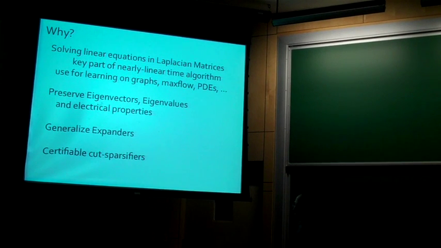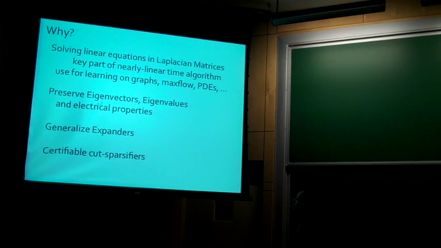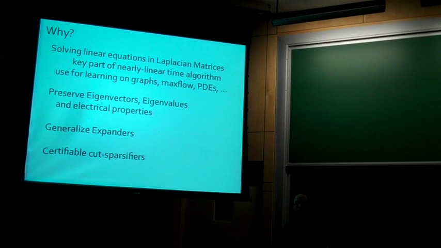And why were we doing that? Well, Laplacian matrices are just everywhere. They show up if you're looking in, well, classically solving elliptic partial differential equations. More modern applications are in optimization, solving problems like maximum flow, and they're all over machine learning and semi-supervised learning, and they just come up a lot. So we were very motivated to try to solve these systems of linear equations. But there are other uses, of course, as well.